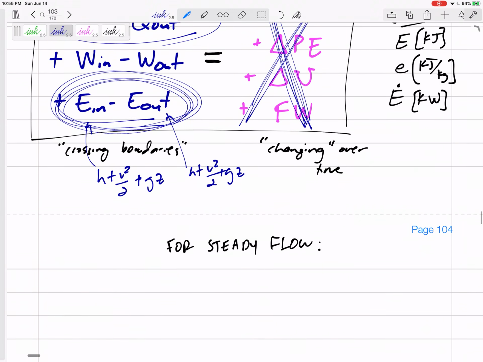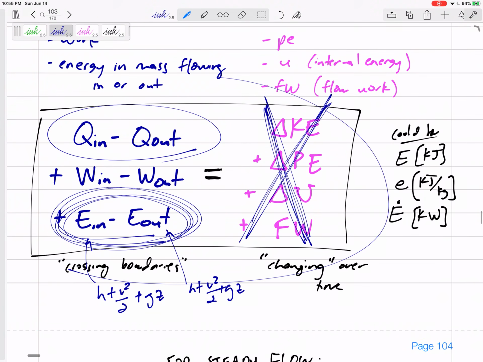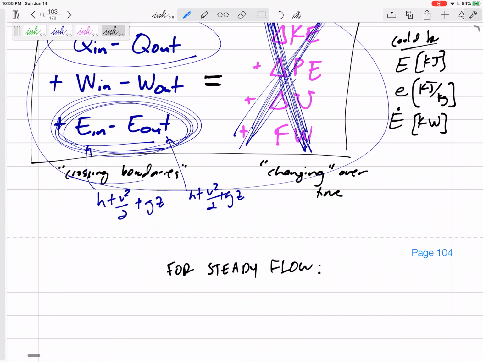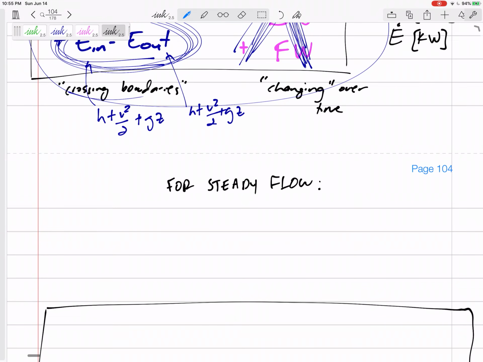Okay? So let's write this equation right here, setting this to be equal to 0. So for steady flow devices, Q in minus Q out, work in minus work out. If we want these as power, as per unit time, then this E right here would be m dot theta in minus m dot theta out